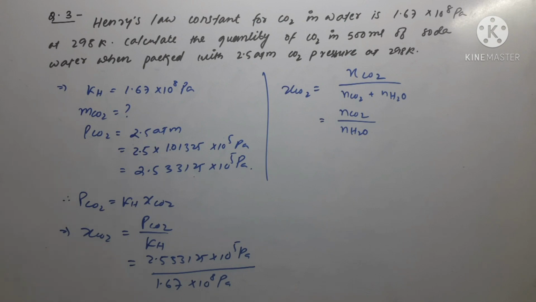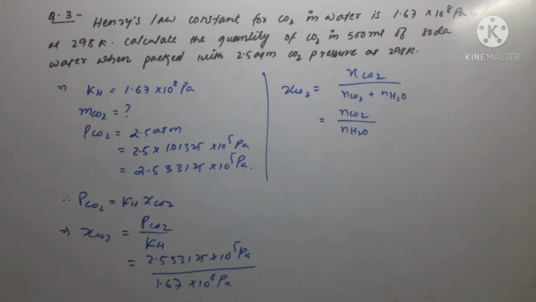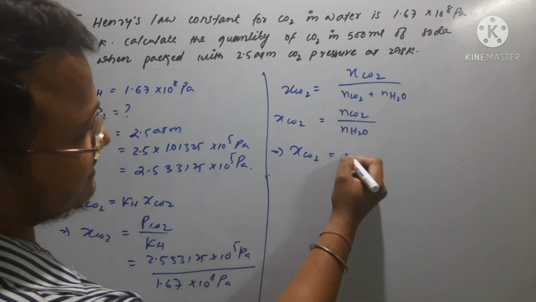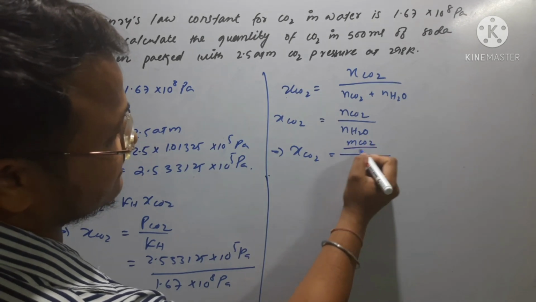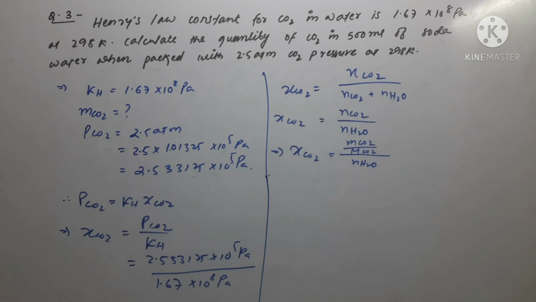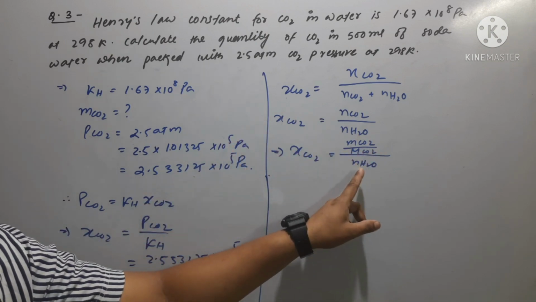Now what do we know? If we could find out the value of mole of water, this other value is already here, right? It is becoming like this, right, guys? Mole of this becomes the given mass of carbon dioxide divided by capital M, the molar mass of carbon dioxide, divided by mole of water. So if you could find the mole of water value, then the problem is very simple now, right? Because this mole fraction is given to you, you know the molar mass of carbon dioxide, and if we could find this.